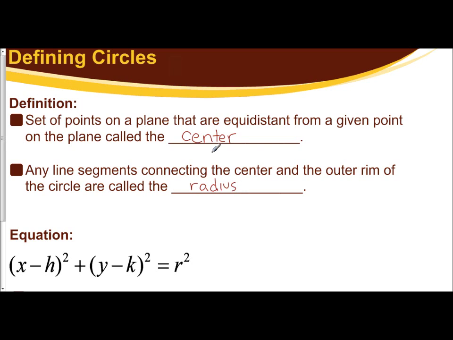If you were to just imagine a circle, so here is our circle, not much is used to create a circle. We can see that point in the center, and we see all of these points on the outside of that circle. Now, if I were to take that point on the center and draw a segment to the outside, the outer rim of it, we know that that is called the radius, and that's what this part